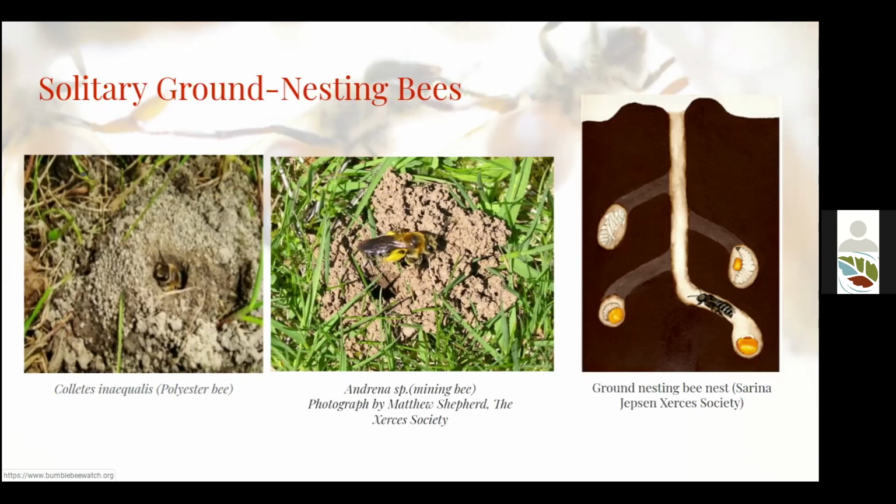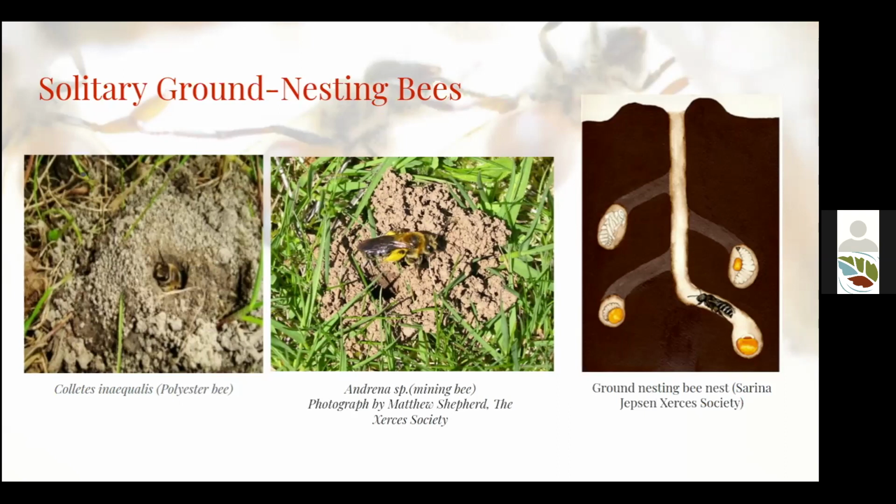And so the same kind of general method of reproduction or nesting for these bees is that they'll dig a hole down into the ground and then have these little chambers that come off to the side. The female, or the mother solitary bee, will go out and gather pollen. Like this mining bee, you can see her scopa, or her pollen collecting hairs on her back legs, are covered in pollen. She'll go into the tunnel, into one of those little chambers, and groom the pollen off into a little sticky ball with some nectar.